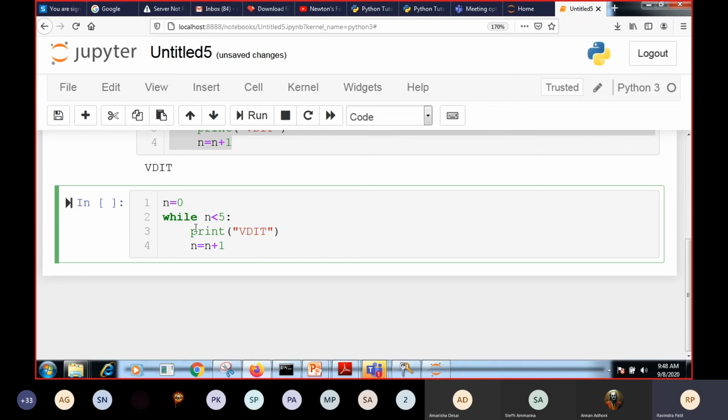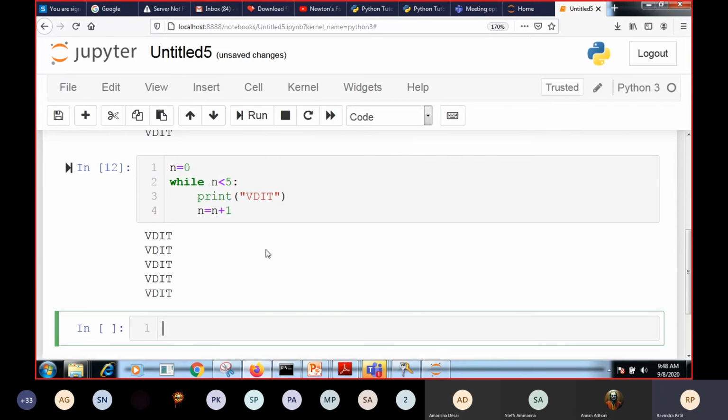One thing we have to remember is it is not mandatory to write the condition within a pair of parentheses. By giving just a space, you can mention the condition. Once this condition is mentioned, these two statements which we are using create an indented block. Once we execute this, we are going to get this message how many times? Five times. This is how the loop statement is going to execute.